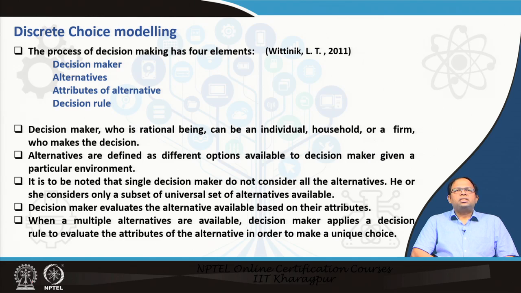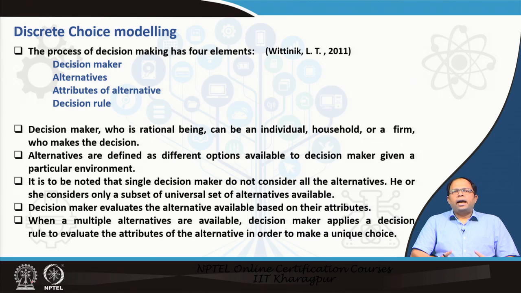The process of decision making has 4 elements. First the decision maker, next the alternatives, next the attributes of alternatives, and then the final decision rule. Now the decision maker is supposed to be a rational being. He can be an individual, he can be a household, or it could be a firm, somebody who actually takes a decision. And then alternatives are defined as different options available to the decision maker in a particular context or